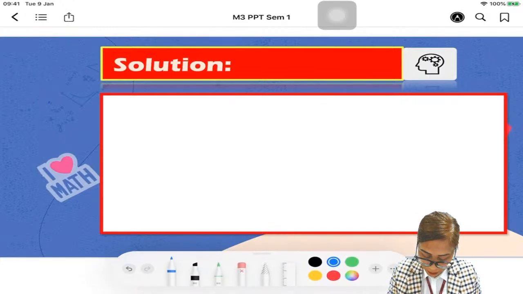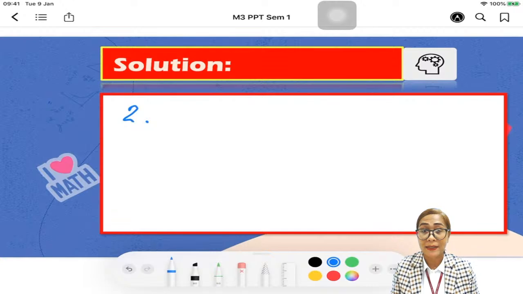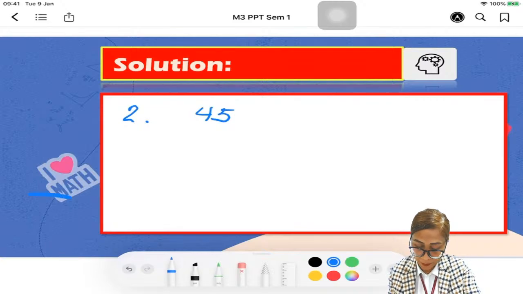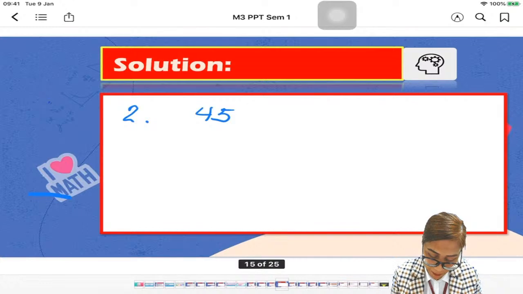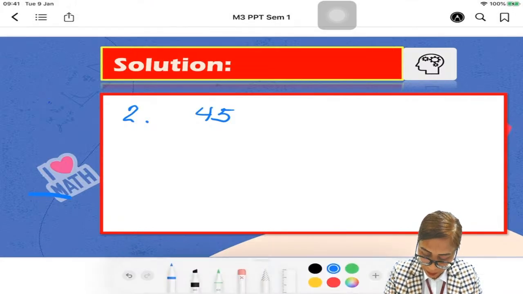Okay, so for number 2, we'll have this one. Yes? Okay, so that's 45. I forgot already, what is it? Okay, 45mn squared. Okay, let me do it. Okay, 45